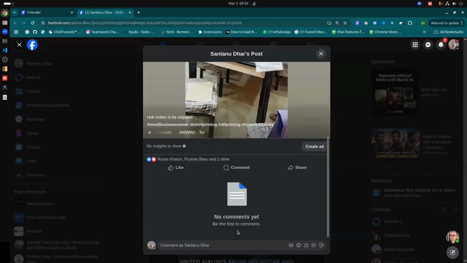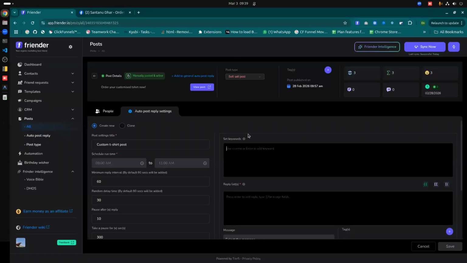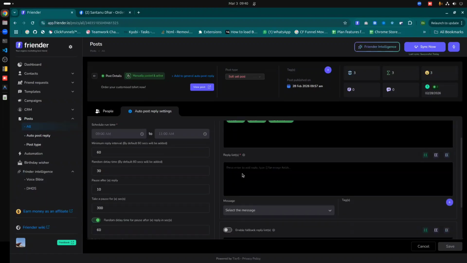If you comment, then I'll be sending you a direct message with the offer details and all. So you can set up that kind of keywords over here. For an example, price, and then once you are typing that, please press enter to add the keyword in that editor. So suppose if somebody is asking for a price or offer, or more info, and then I'm saying that okay, if any of these keyword found in any of the comment that came into this post, then my reply list would be "please check my DM to you," as well